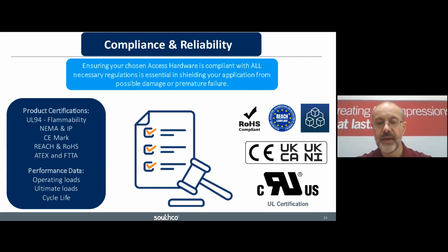In particular, we have UL certification on 92% of our whole standard product range. That can help with some of your certification and your pre-validation requirements. But we can also support with in-house testing, things like operating loads, ultimate loads, cycle life. We can do cycle life testing for your products if necessary, to help you to demonstrate the reliability of your